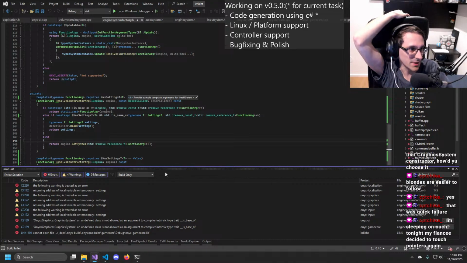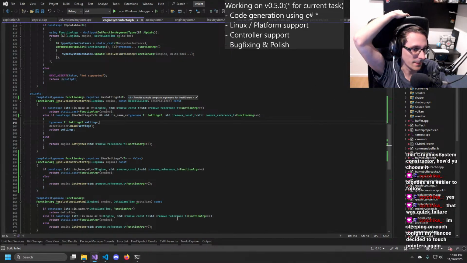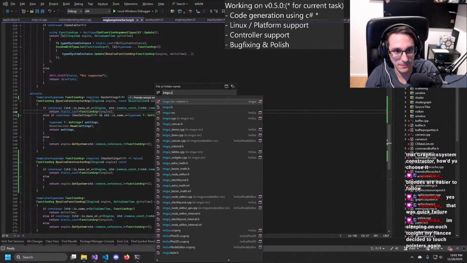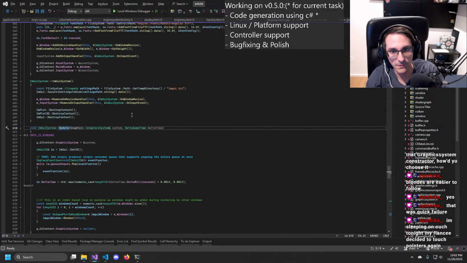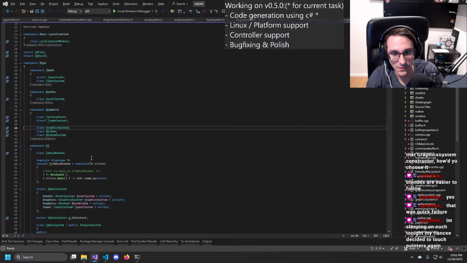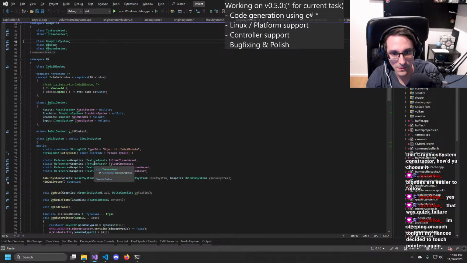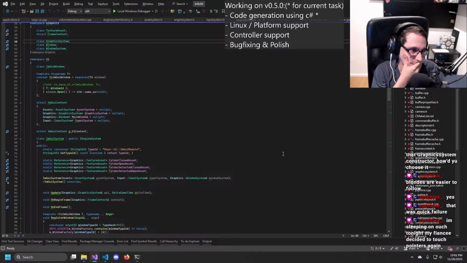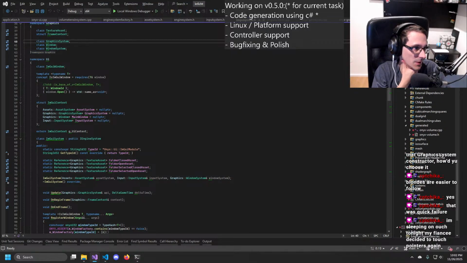The only downside I see is, for example, in ImGUI system, if I include, where is it? It's in UI right here.